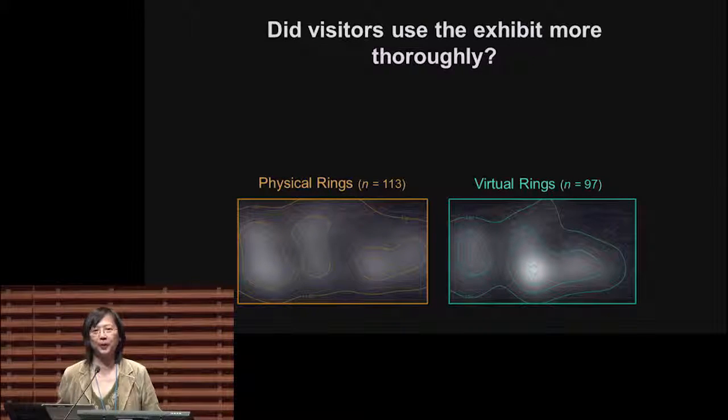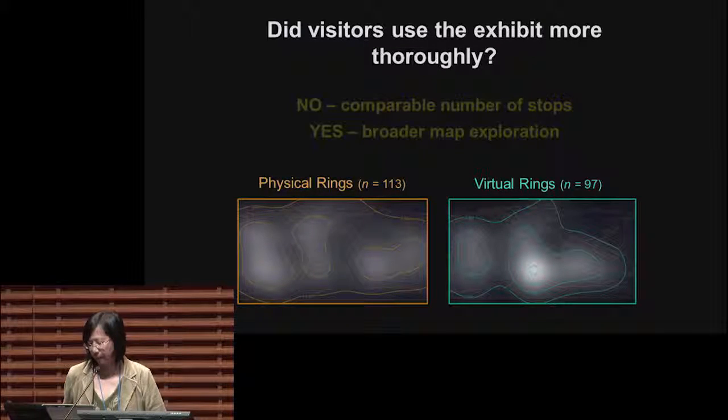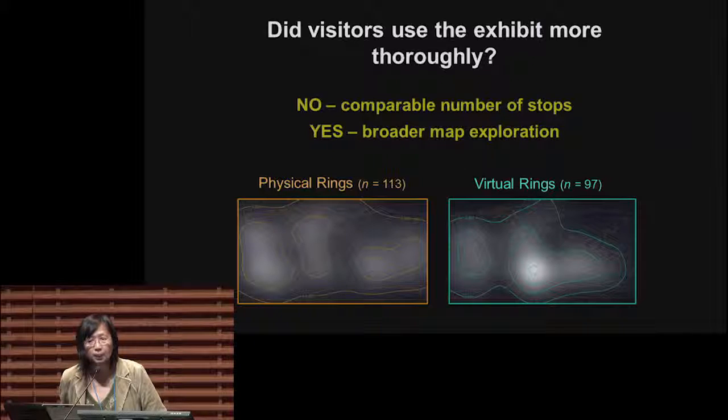We were hoping that these rings would get people to really explore that data, to go in there deep and look at all the data parameters. So did that really happen? We looked at this in different ways. We looked at the number of locations they stopped at to look at phytoplankton. We counted those, and then we looked at their distribution. No difference when it came to the number of stops, but there was a difference when it came to their